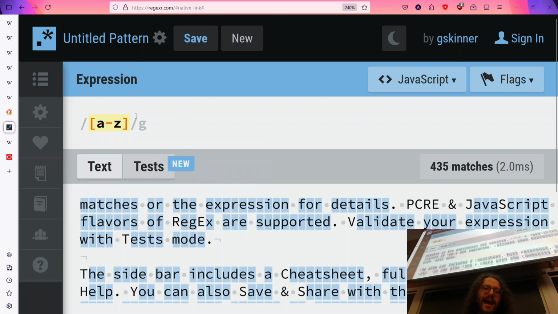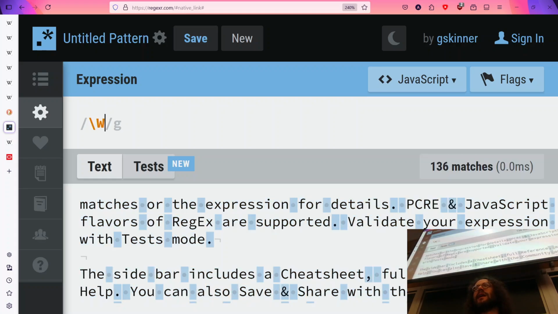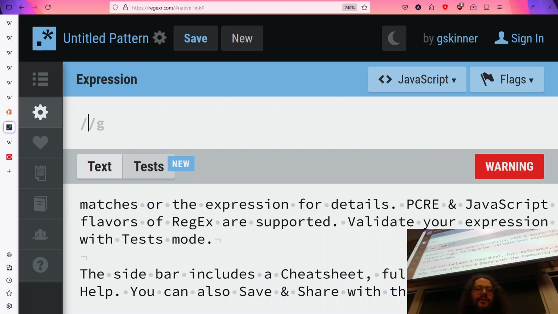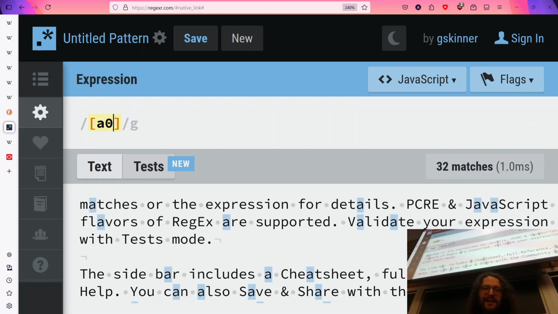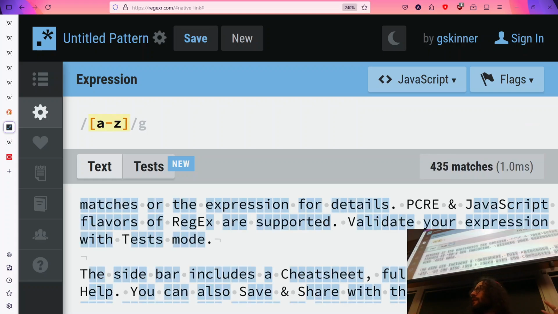Now, just like how with a word character we had \w to match any alphanumeric character, and \W capitalized to do the inverse of that, we also can do inverses over here. So back to A to Z, okay?